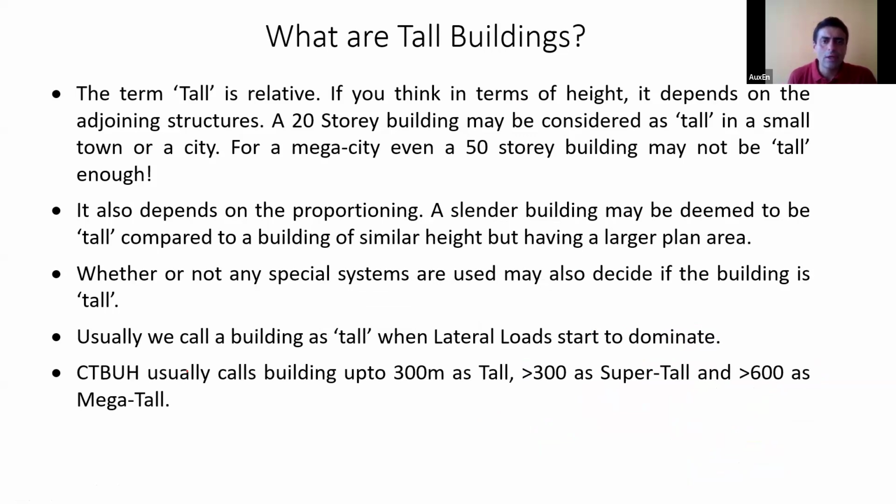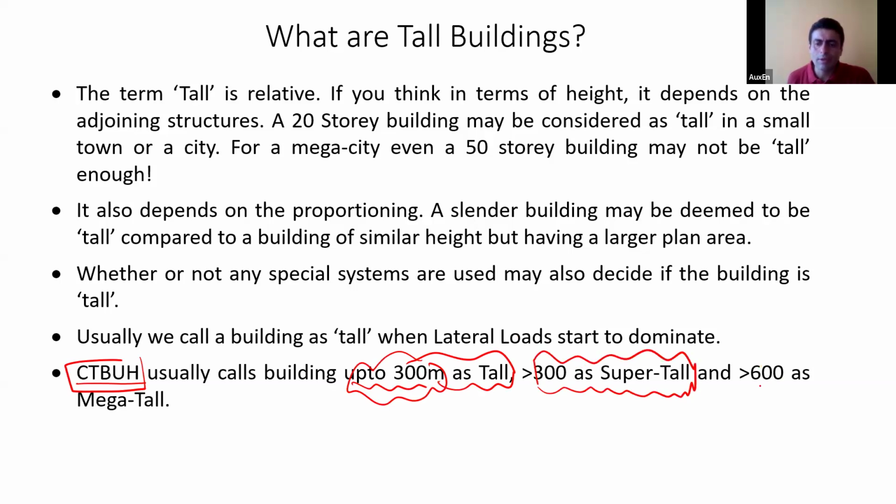If you look at the Council of Tall Buildings and Urban Habitat, CTBUH, it calls any building, let's say up to 300 meters, as tall. Any building means, of course, lateral loads are dominating, and up to 300 meters, it calls them tall buildings. 300 above, it calls them super tall buildings, and more than 600, it calls them mega tall buildings. Okay, so this is a sort of classification that has been put forth by CTBUH,